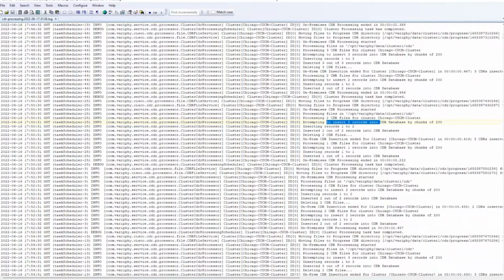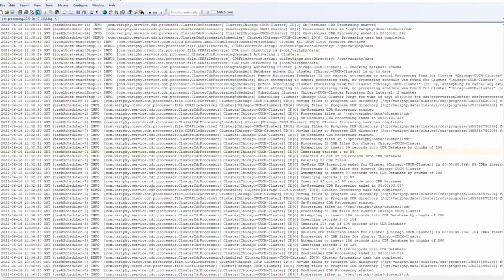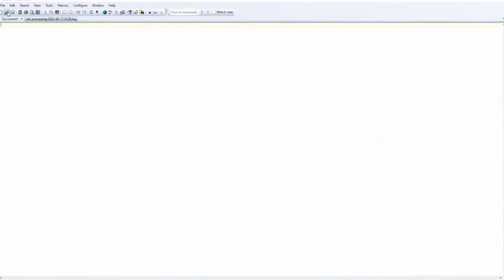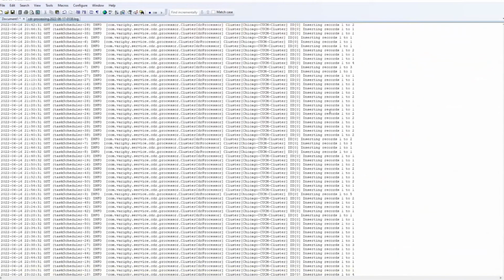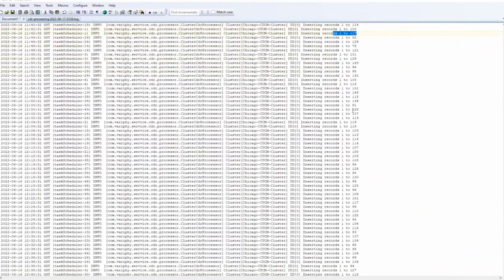So if you want to see what it's doing, if we search for inserting records, we can bookmark all those lines, copy them out, and take a look here. We can see collection started 11:32. Everything came back online, and now it's collecting, 89 records, 97 records. So now we're collecting all those files that the call manager wasn't pushing for 10 days.